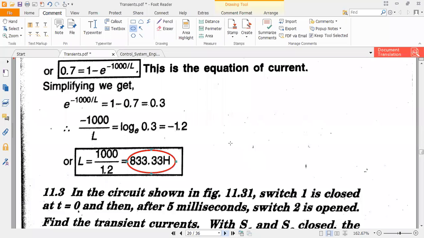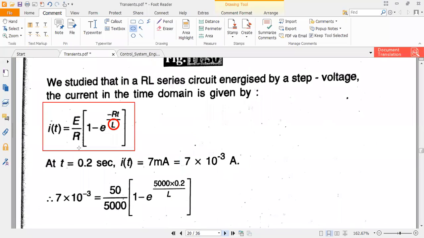So like that you can find. First of all, you have to identify what the circuit is, whether it is an RL or RC circuit or an RLC circuit. Then, if it is an RL or RC circuit and you want to find the response, you can directly use this equation and find whatever value you need. Suppose you are asked to find R for the given inductor, then you can find R. Or if they give you the time, R value, L value and E value, you can find the I of t value.